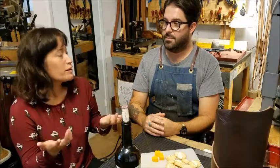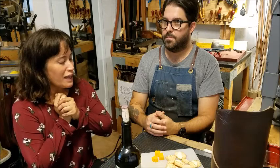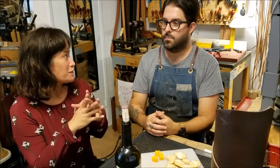Yeah, it's wearable art in essence, right? Wearable art that's customized to your lifestyle. Yeah. And I recently came across a box of leather scraps